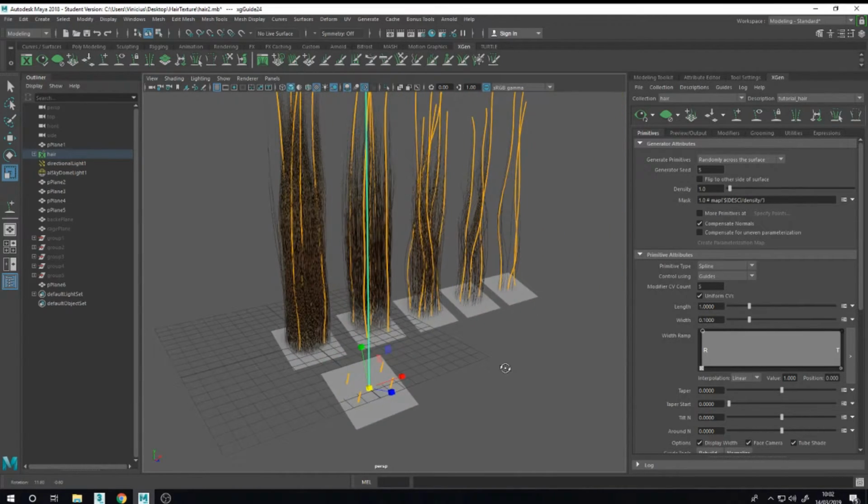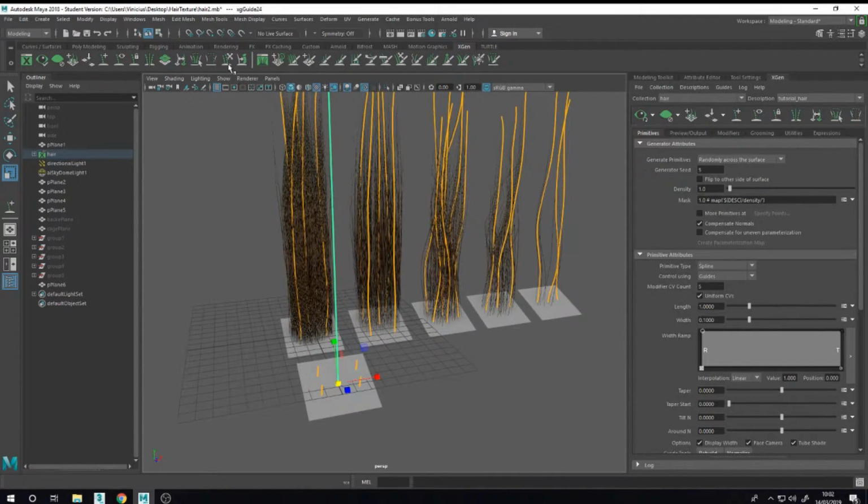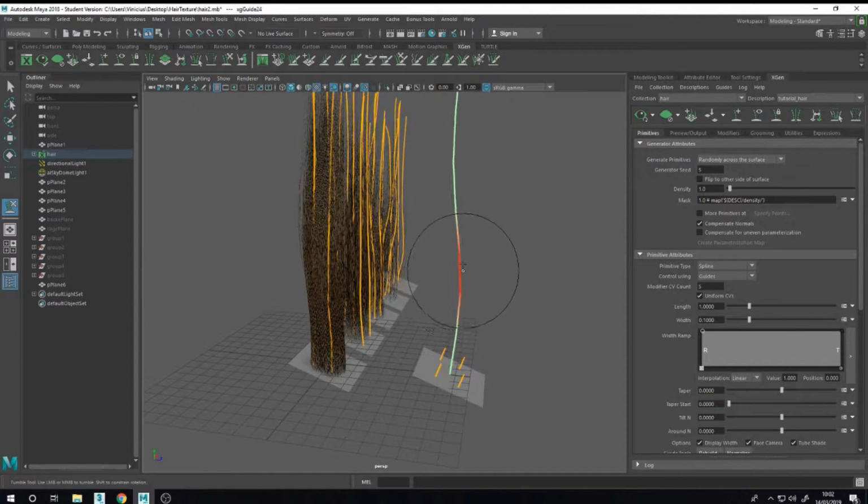Okay, I can sculpt a little, not too much for this first one.